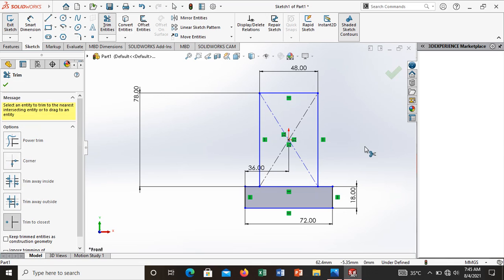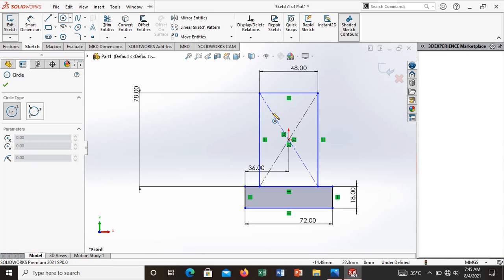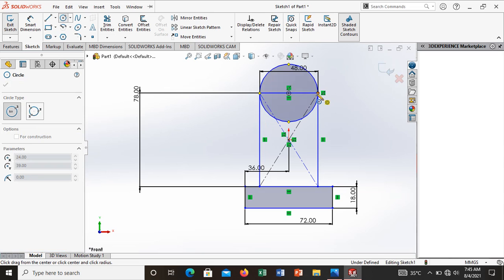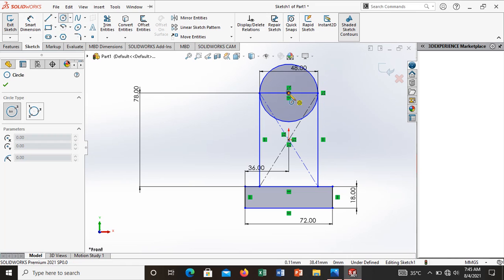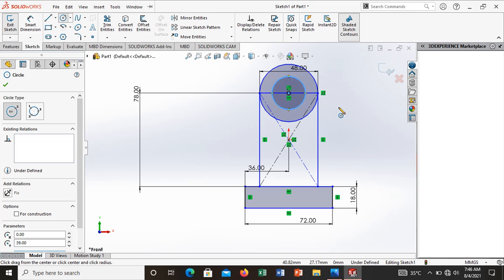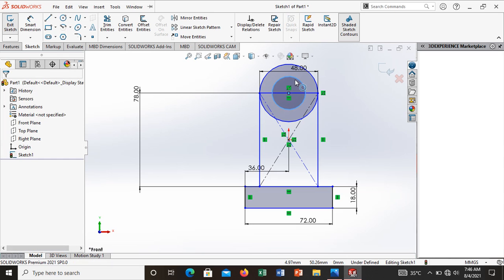Okay, now we are going to draw the circle. First one circle has a dimension of 48, and then another circle has a dimension of 80. Make this other circle; now I simply draw a small circle and give the dimension as 80.